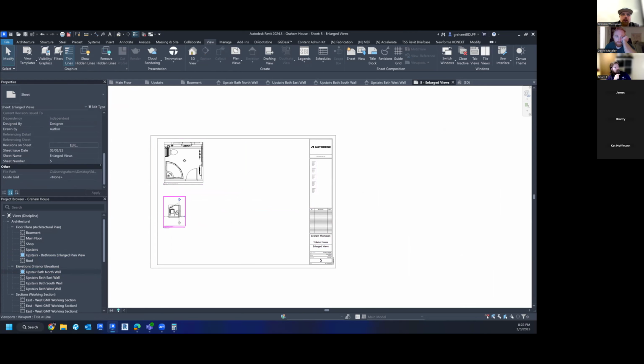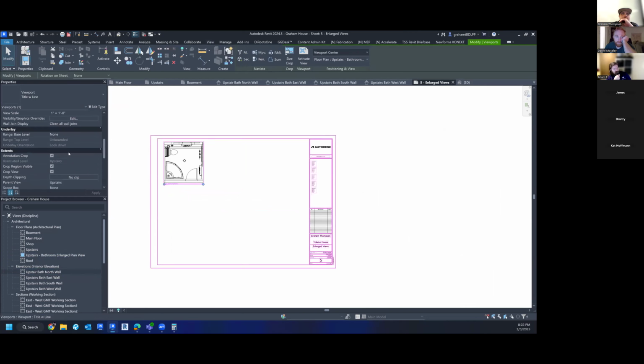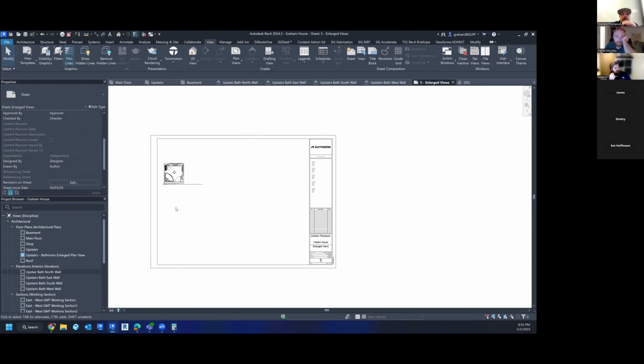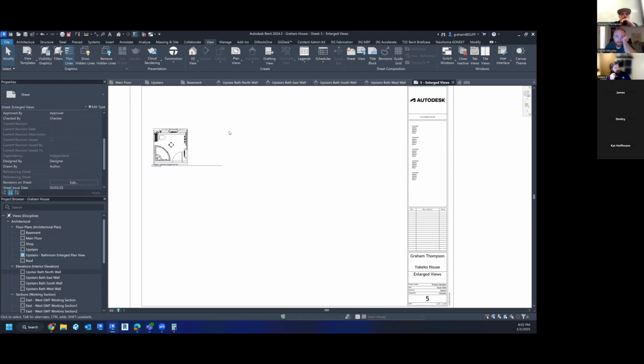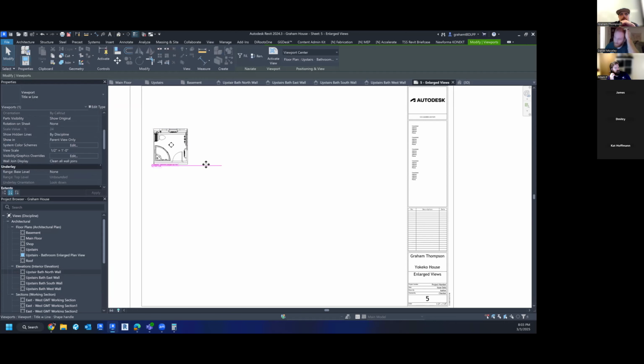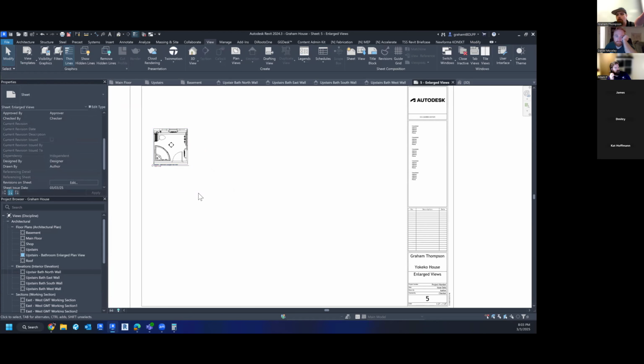Probably not, right? So maybe finding a happy medium at 1/2 inch equals a foot is nice. Okay, and again, you can change this on the fly on the sheet. You just have to click into here to be able to adjust that bottom bar because it will hold whatever